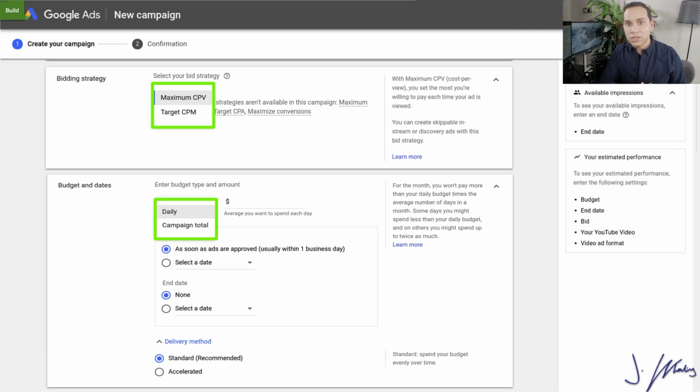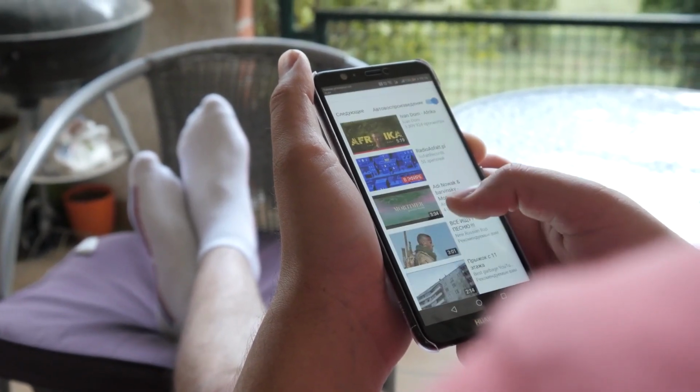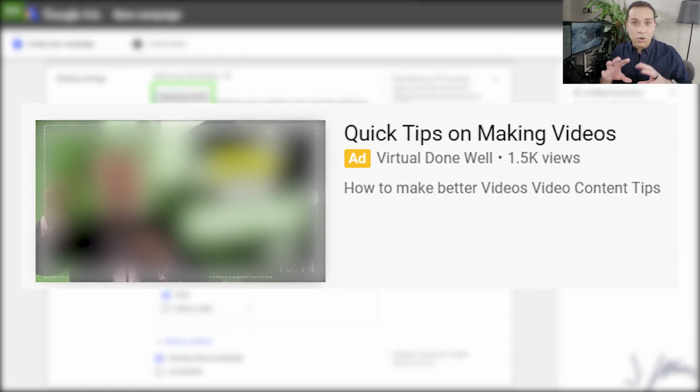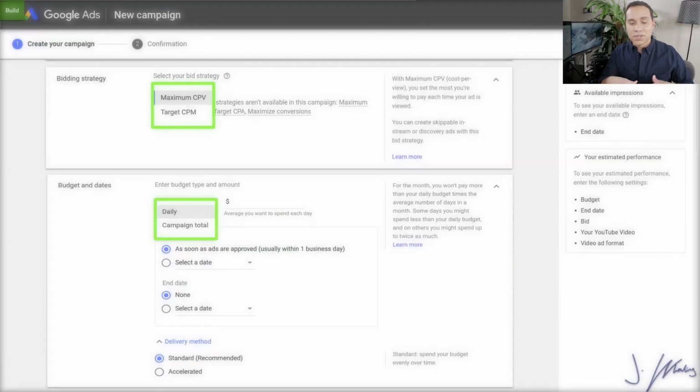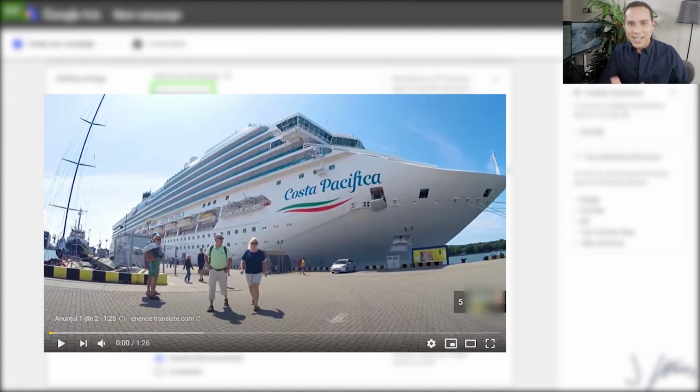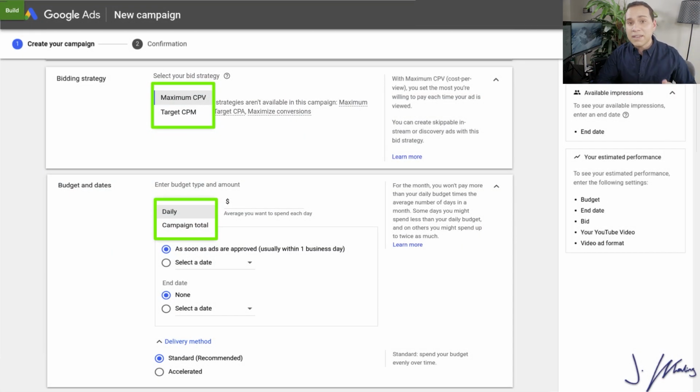What you want to make sure is that we only pay when someone watches the video. Now there's two main types of ads. We're actually going to be doing discovery ads, which are those YouTube ads that show up around YouTube on the homepage, search results, and suggested, versus in-stream ads that are skippable. Those are the ads that show up, you have a 5-second count, and then you can skip them. With those, you only pay if someone watches 30 seconds, which is pretty cool, but we're going to be doing discovery ads, so you essentially pay when someone clicks as soon as the video loads.